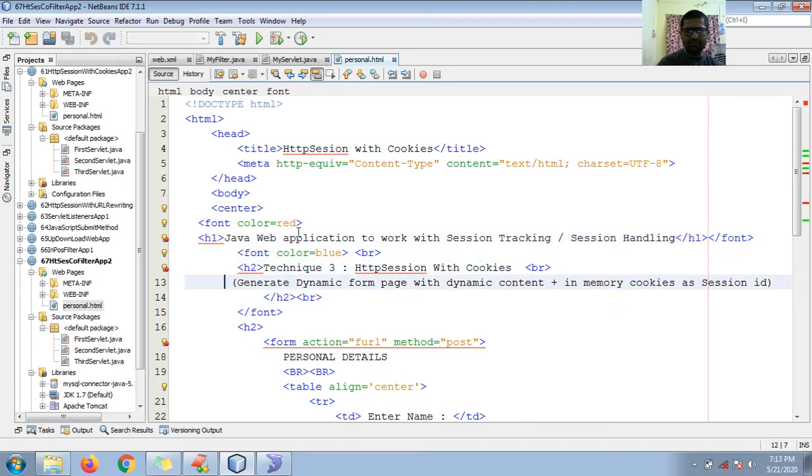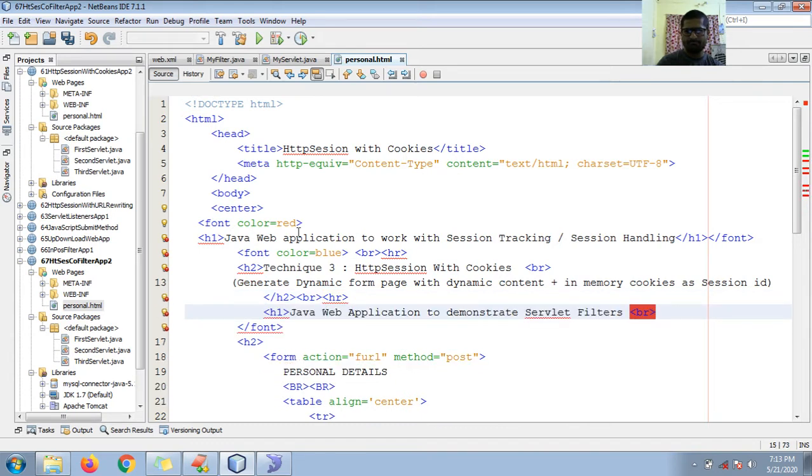Also, technique 3 we are using here, and the HR tag. So here also the HR tag, and then to demonstrate servlet filters.